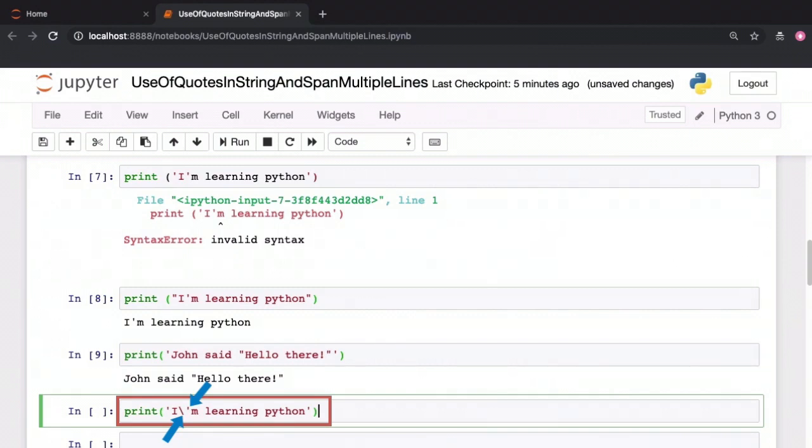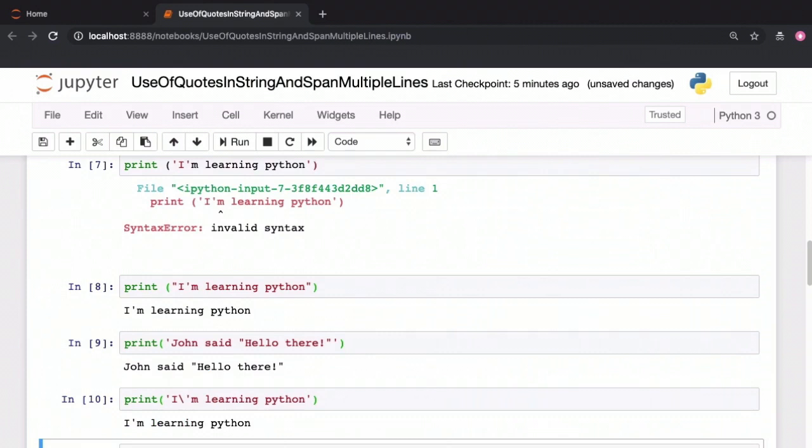So the single quote just before M will not be treated as the termination of a string. It will just be treated as a part of the string. Escape characters work well, but it makes code hard to read, which is why they're not often preferred.